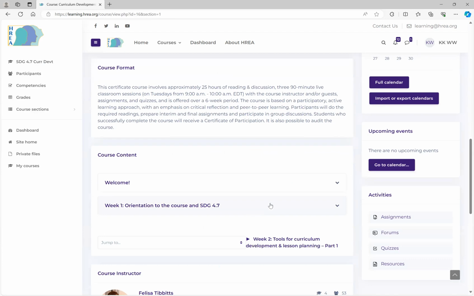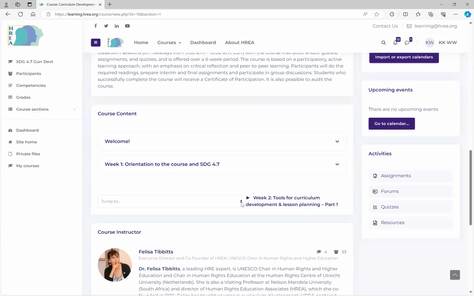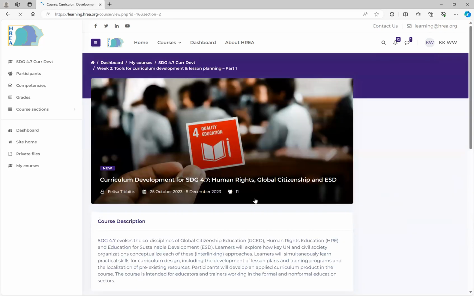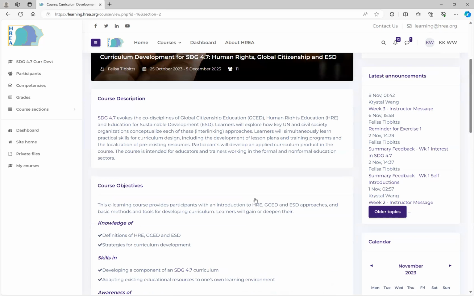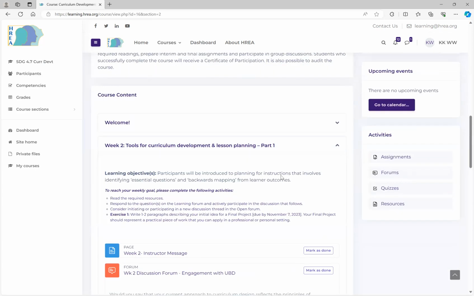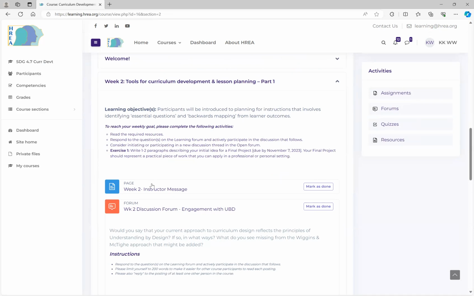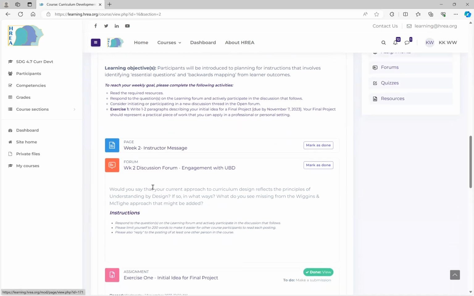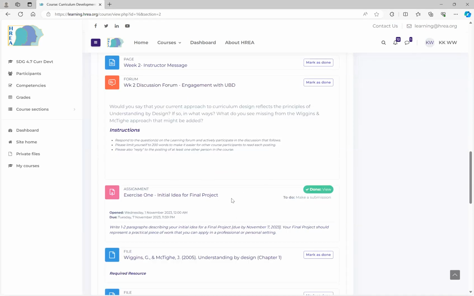Let's see how to go to week 2. You can either jump to week 2 through the drop-down menu here, or simply click on the bigger arrow here, which will lead us to week 2. Here is week 2. And similarly, we have the instructor message, the discussion forum, and what is new is the